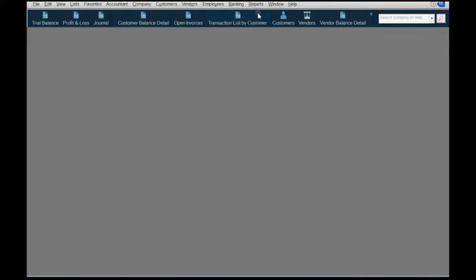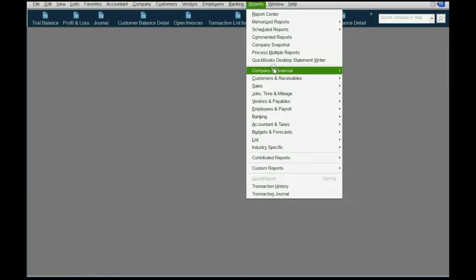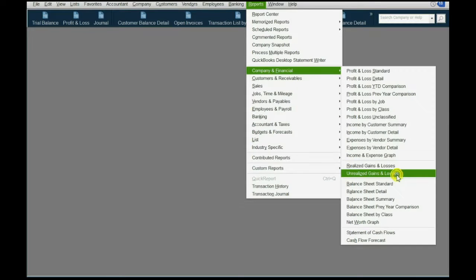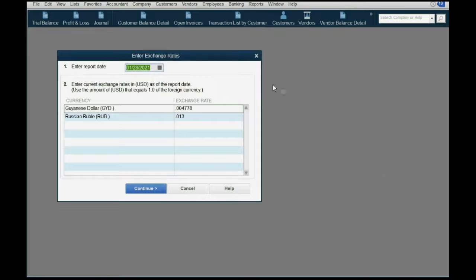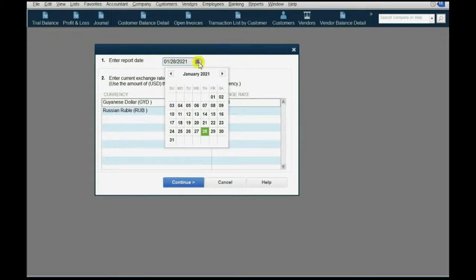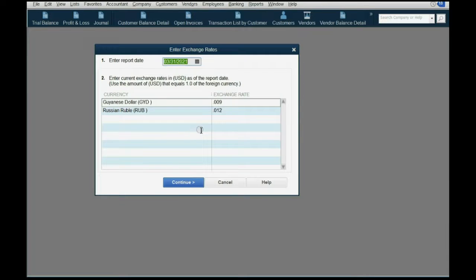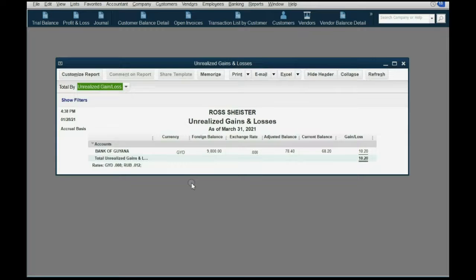From the main menu, we click Reports, we click Company and Financial, and go to Unrealized Gains and Losses. Now, the first thing you must do is put the date that you're running the document, the statement, whether it be a balance sheet or a trial balance or whatever, because everything is based on date. And what you're saying is the Guyanese dollar was only worth 0.008 on that date. Then just click Continue, and you see the gain or loss is exactly as what we expected. The unrealized gain or loss,